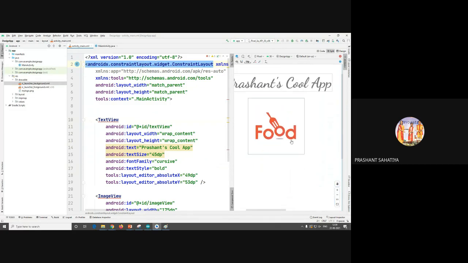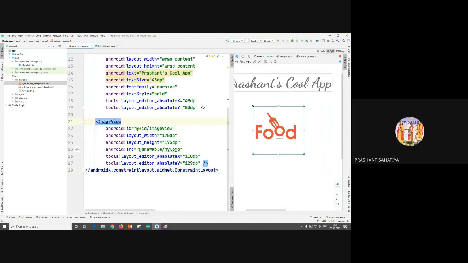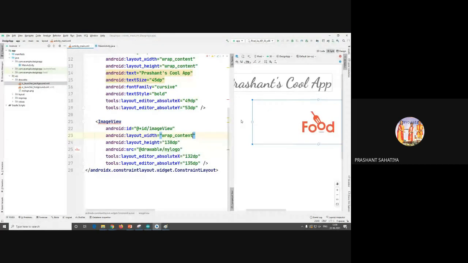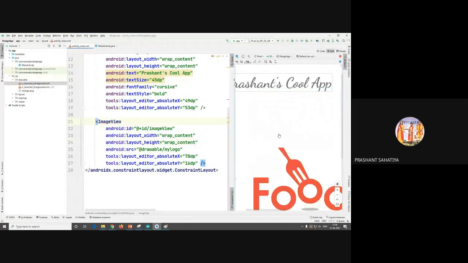That is okay. उसको अगर छोटा करना तो आप कर सकते हैं. Okay. Wherever you want to place it, you can place it. Okay. And the height and width will be automatically set. देखो मैंने कुछ और दिया था, फिर चेंज करके they change the height and width. Okay. If it is like this, wrap content and wrap content, so it is showing me which is the original size of logo.